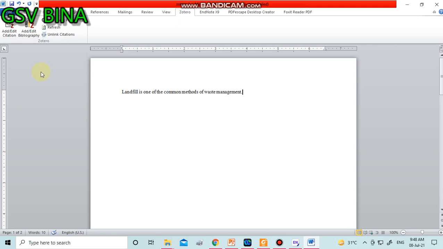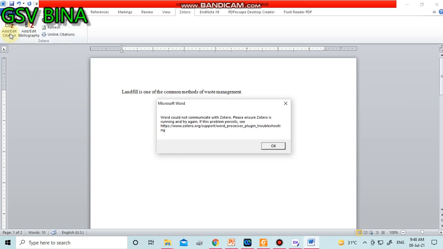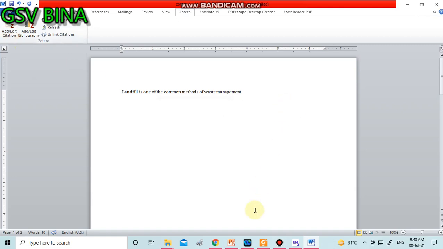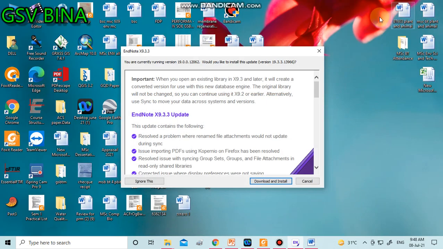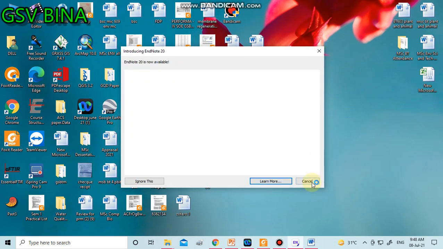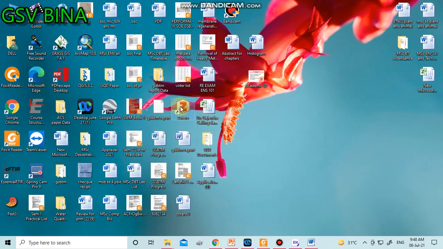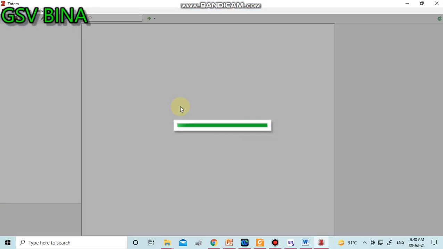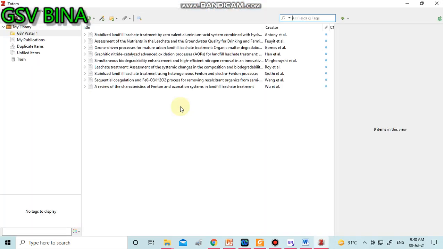I'll go through each option one by one. First we have to add the citation. Actually first we have to open Zotero also, so that we can easily link the Word file and Zotero.